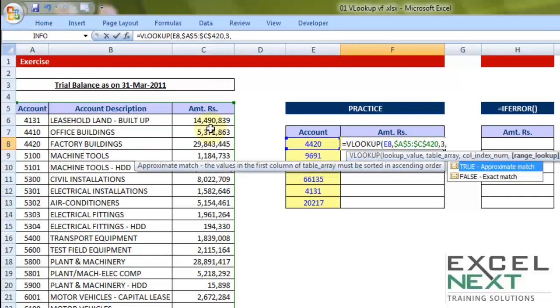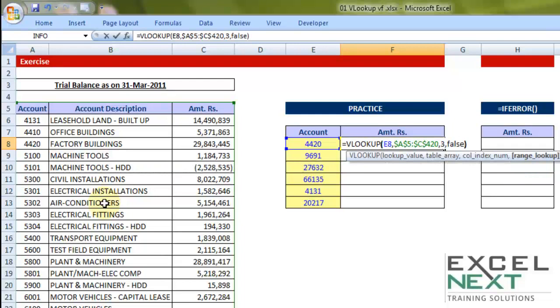And for the last part, you need to ask yourself a question: is the table array a slab based system? Nope, it is all unique numbers which correspond to the respective account description. Since this is not a slab, in greater than equal to format or in ascending order, I will not be using true, I will be making sure I put in a false.